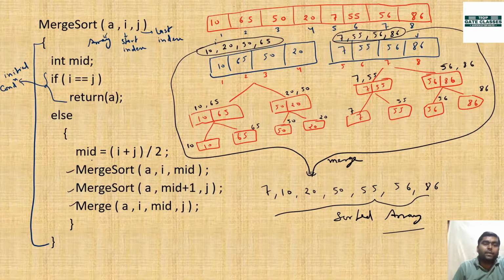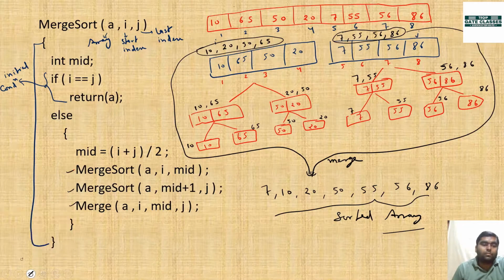पहले हमने यहाँ mid calculate किया, फिर merge sort again call किया first index to mid, और फिर again merge sort call किया mid plus 1 means next to mid से end तक, और फाइनली जो भी रिजल्टेंट आया, i, mid और j उनको मैंने merge में पास किया. तो जो merge होगा वो क्या करेगा, दो sorted list हैं, sorted array है, उनको single sorted array में merge करके दे देगा. ठीक है.